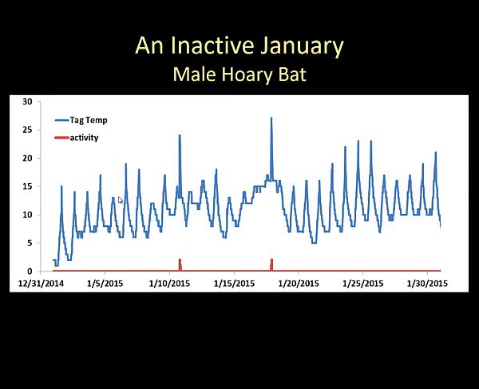It does start to raise the question of maybe bats are actually hardwired to go inactive during the winter, even though the supposition has been that they're out opportunistically chasing prey throughout the winter. Maybe they're actually hardwired to be closer to a hibernator.